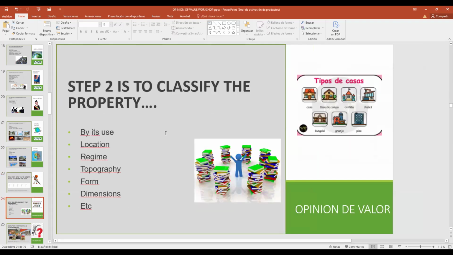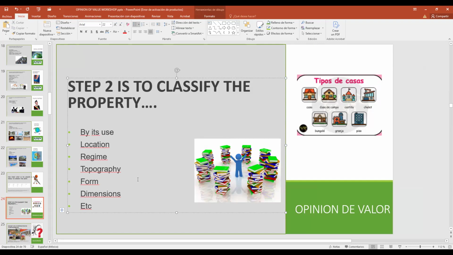Step number 2 is to learn how to classify the properties. We can classify them by their use, by their location, the location in the block, the regimen, the topography.